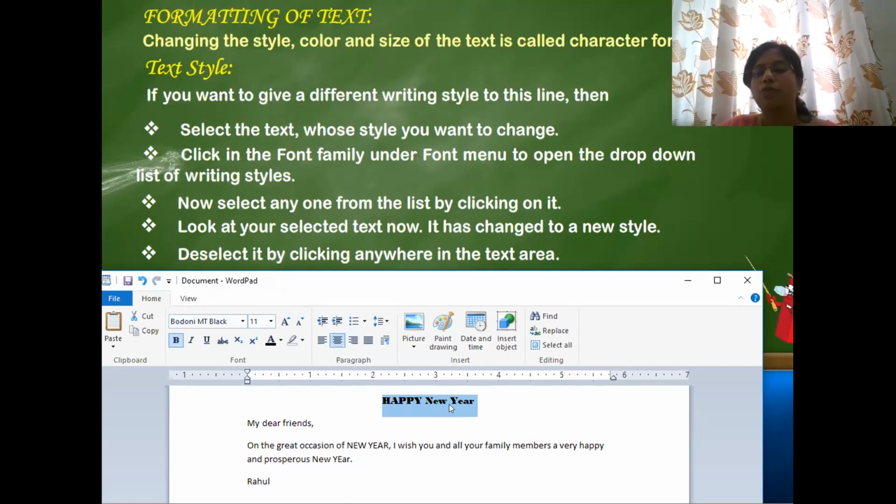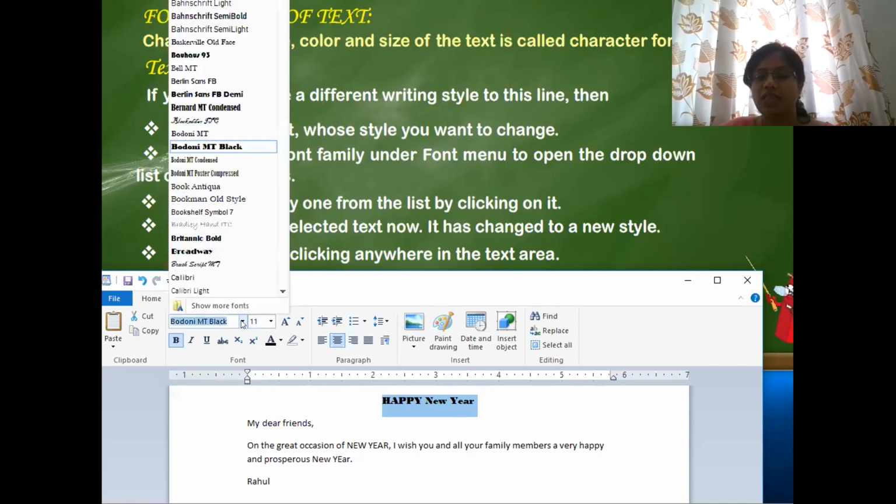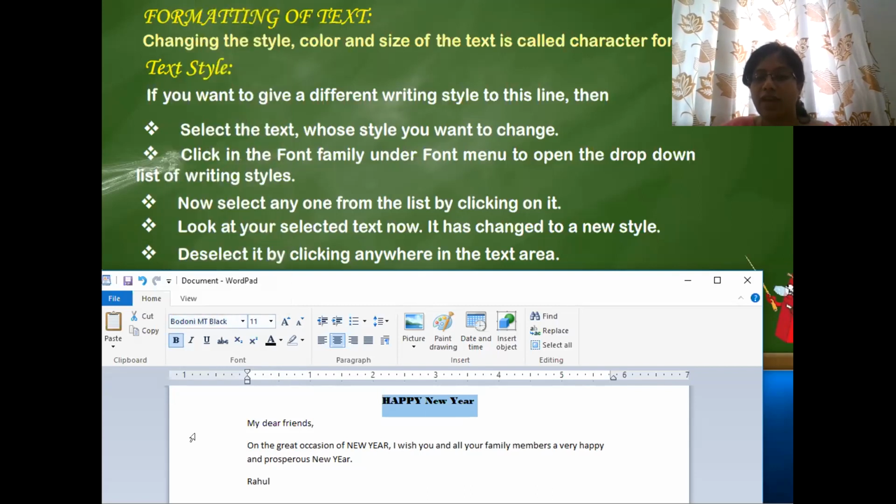This is how you can change the font style, text style, or the word style. So this is a plain word written. Now you can just change it from here. From where? Font family. Where is font family? Just move your cursor over the different names. It will tell you. Okay, I brought my cursor here. Oh, this is font family.